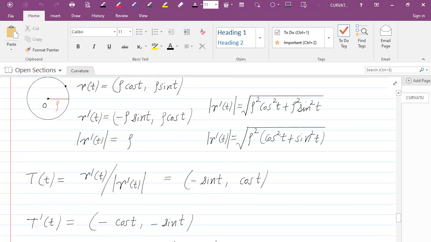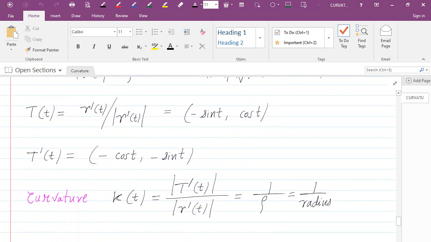Now we have to find its derivative. So the derivative of capital T, T prime of t, is, well, the derivative here would be negative cosine t and negative sine t here. So this is capital T prime of t. And now we are ready to calculate the curvature. The curvature of the circle, kappa of t, would be the length of T prime of t divided by the length of r prime